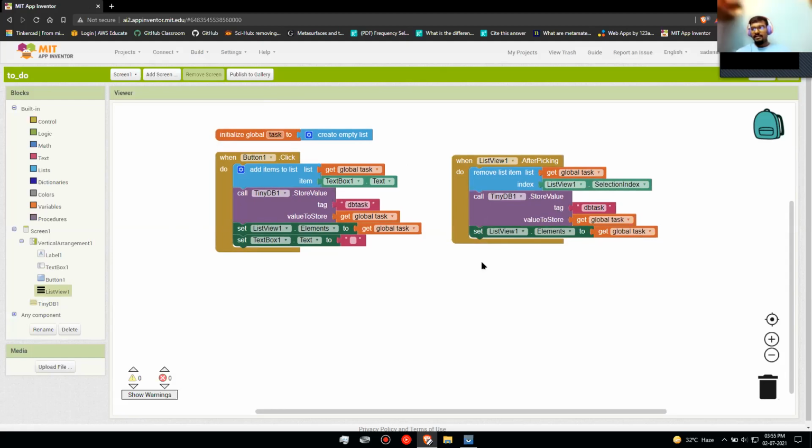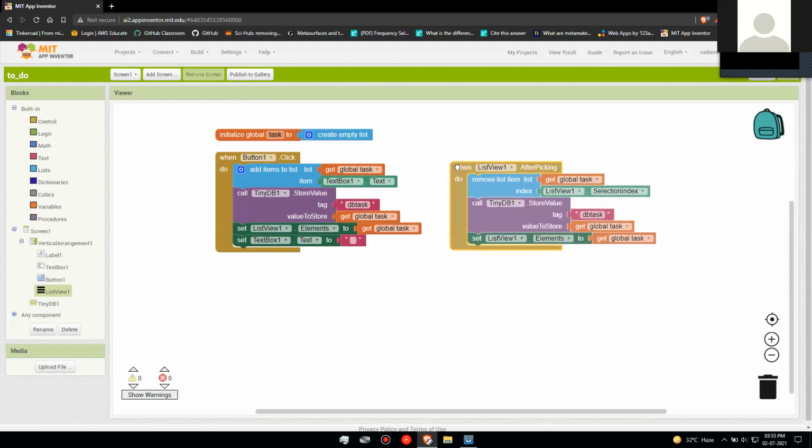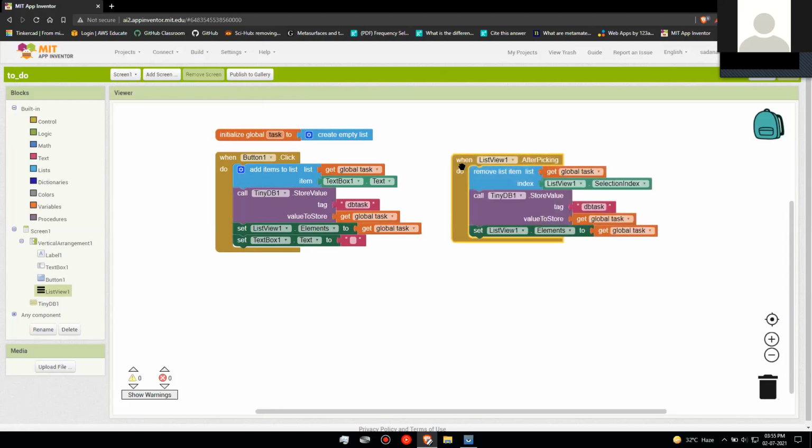Set list view 1 dot elements to get global task. Yeah, it's getting deleted.